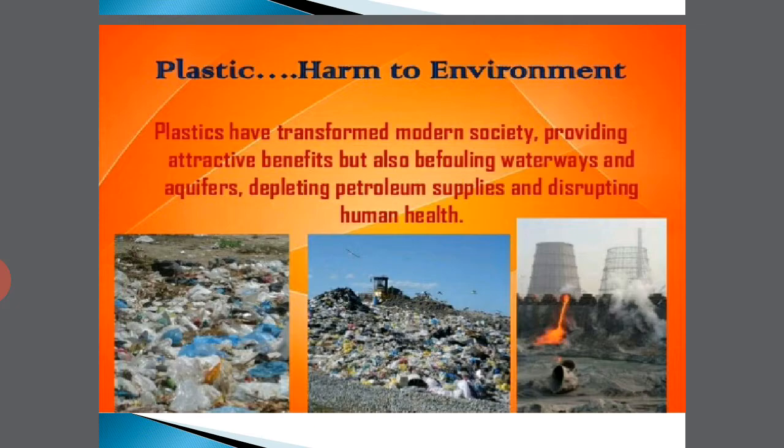Plastic has transformed modern society, providing attractive benefits but also befouling waterways and aquifers, depleting petroleum supplies and disrupting human health. In simple words, if you eat a Kurkure or chips and then throw the wrapper here and there, after eating chocolate, you throw the wrapper here and there,